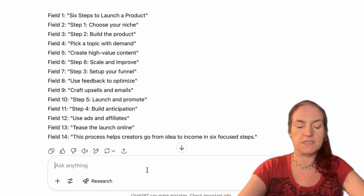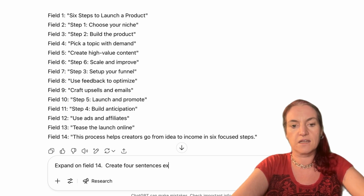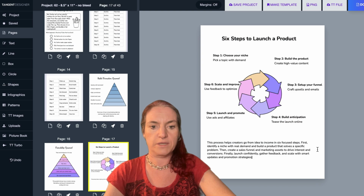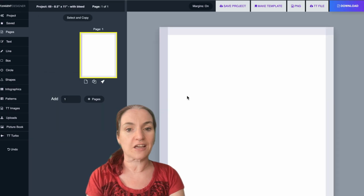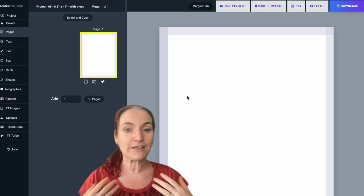So what we could do is say, expand on field 14. Create 4 sentences explaining the process. Now we can actually just copy and paste this whole thing, and we can just paste that in there. Looks fantastic. Now, earlier in this video, we talked about a Cyberpunk role-playing game, and that's a really fun example